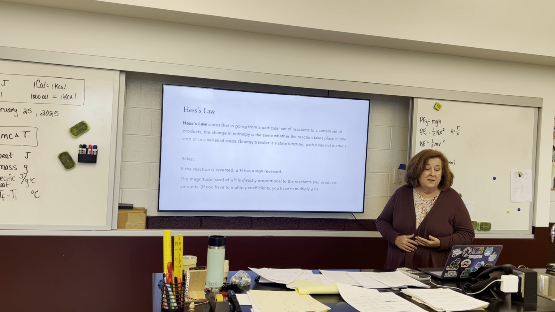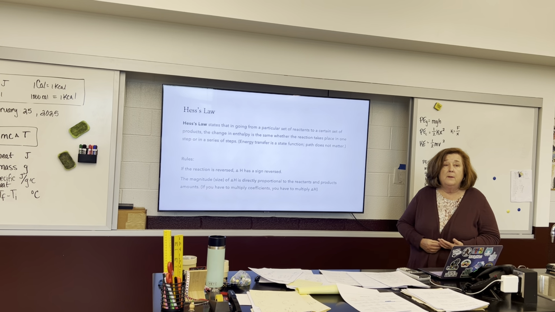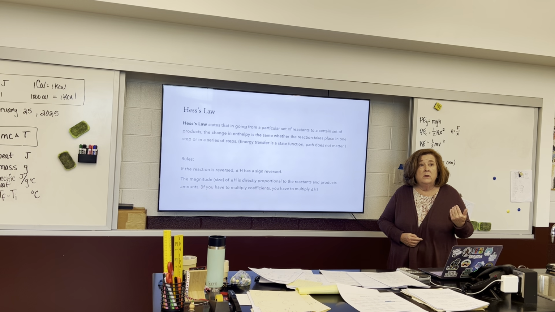And then remember, we said that enthalpy is just a fancy word for heat. So when we have a chemical reaction, we have to figure out, is it exothermic or endothermic? Did it absorb energy or did it release energy? And that's what the enthalpy change is. During the reaction, the enthalpy change is given as delta H. And Hess says that we can do this in one step, or we can do it in a bunch of